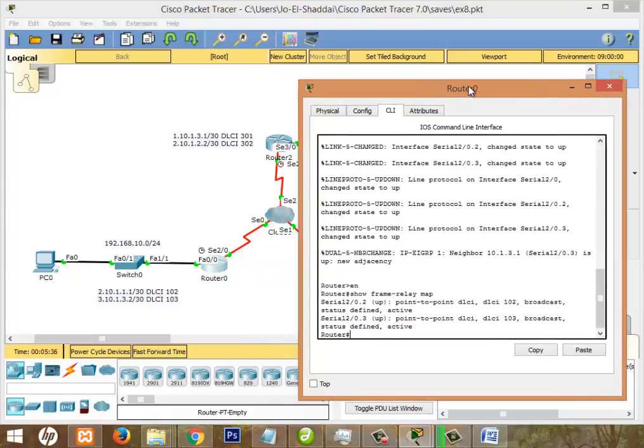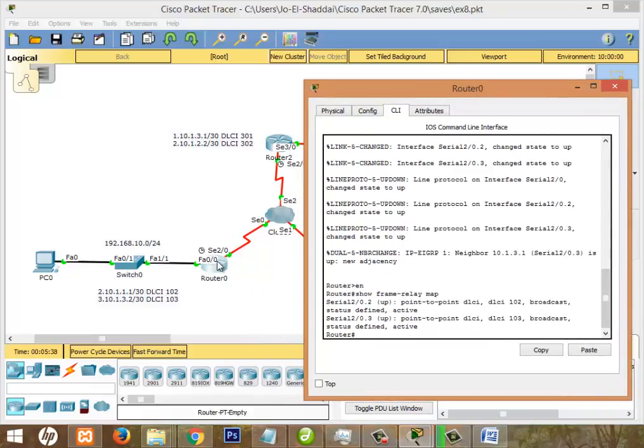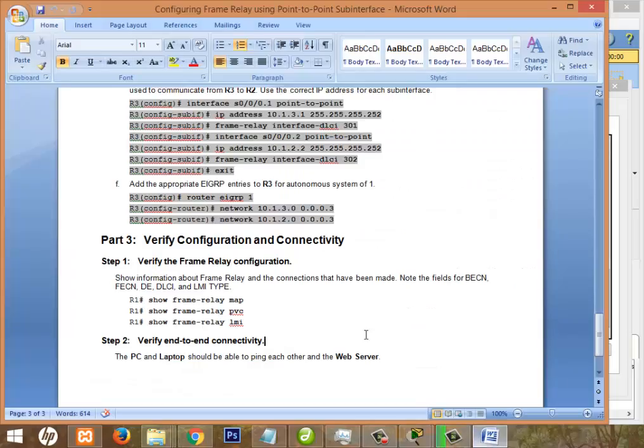If you see here in the topology, this particular router has two different interfaces, FA0/0 and serial2/0. As you can see, we have successfully made two different sub interfaces for the frame relay purpose, and it shows it is point to point, broadcast status is defined, and so on. After this, we have two more commands, that is frame relay PVC and frame relay LMI.